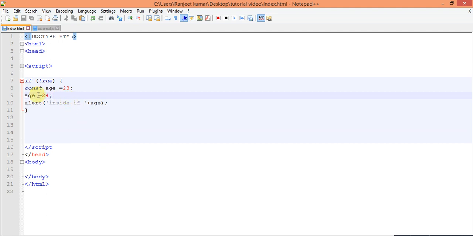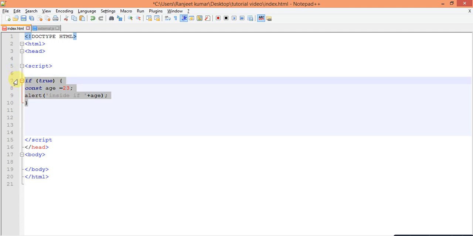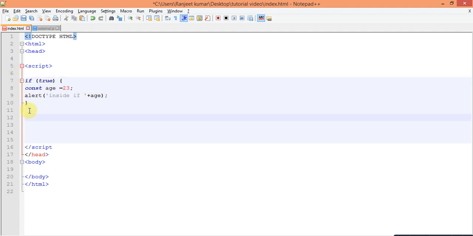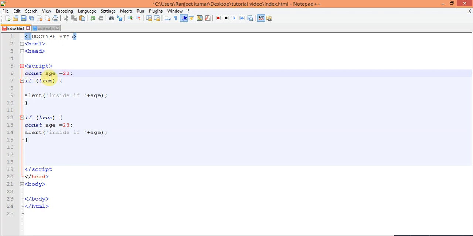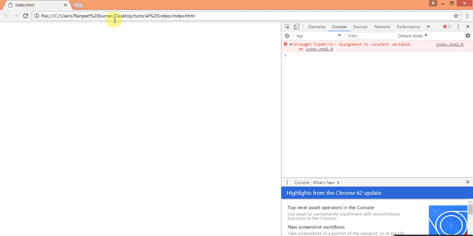If you write here another scope, you can declare the value in this scope, as with Ctrl+C, Ctrl+V, and age is equal to 21. What is the output? You can see here: assignment to constant variable is not allowed. But you can also write here